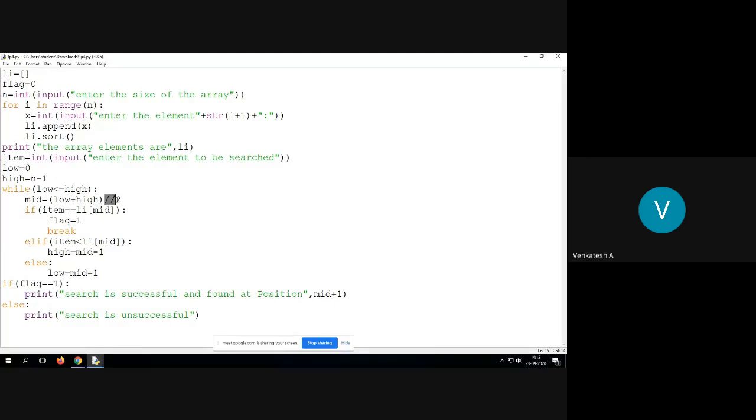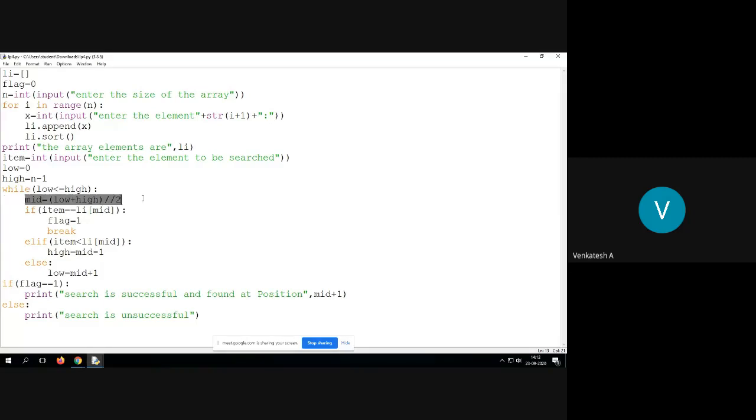One very important observation: how we are doing the division. Why are we using 2 times? Why are you using this division 2 times? Because if you use a single time, say for example 9 divided by 2, it will give 4.5. To avoid that decimal point, we use 2 times division. If you don't want floating point values, then you should use division 2 times. If you are okay with floating point values, then using division 1 time is good enough. That is the reason why I am using 2 times division here.